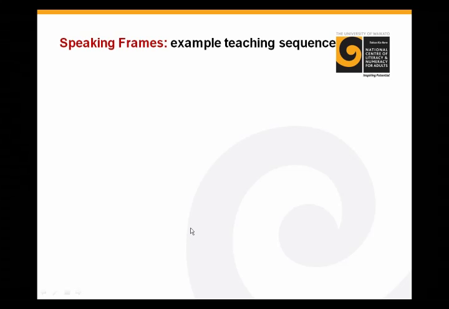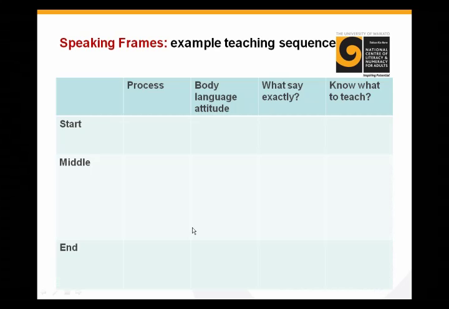Okay, here is our speaking frame grid, and notice that it's a fairly basic grid. The most important thing here is the need to understand there's a reason to speak. For any trainee, they need to have a reason to speak really clearly in the forefront of their mind, and